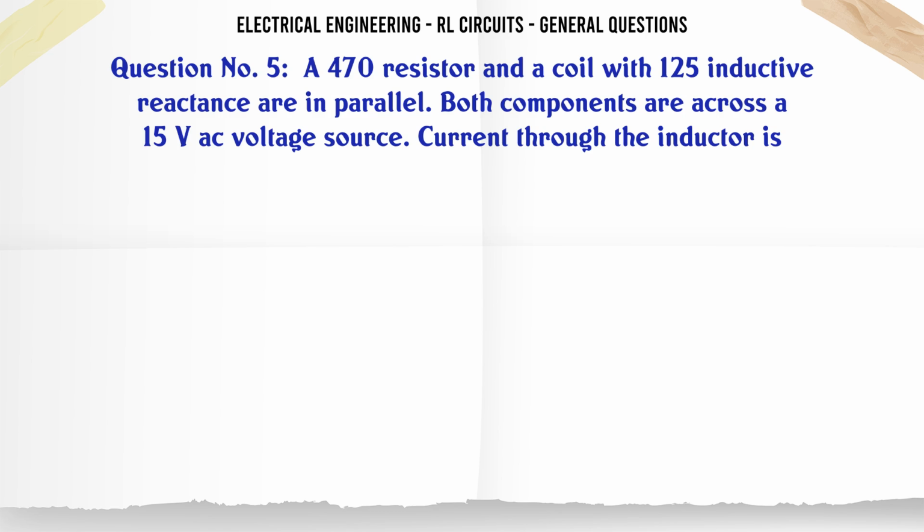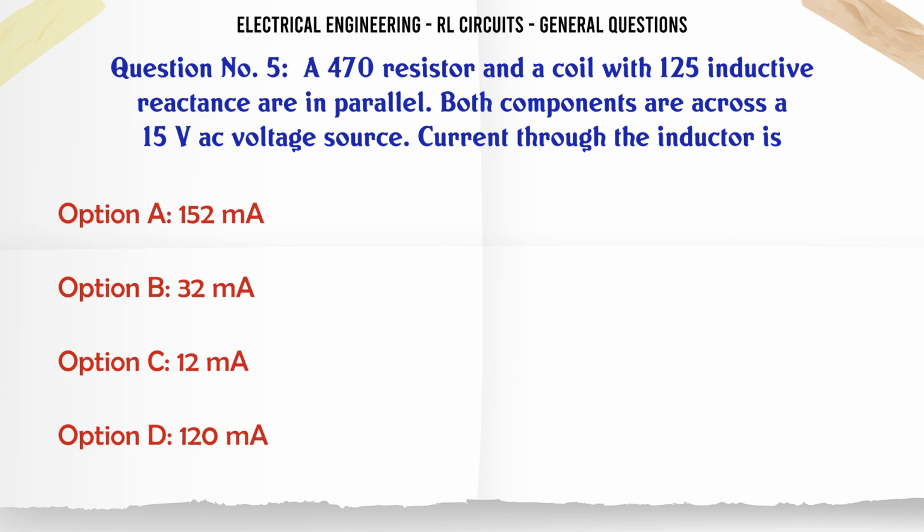A 470 resistor and a coil with 125 inductive reactance are in parallel. Both components are across a 15V AC voltage source. Current through the inductor is A. 152 mA, B. 32 mA, C. 12 mA, D. 120 mA. The correct answer is